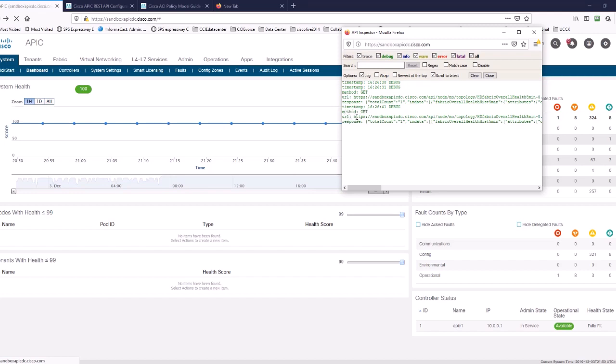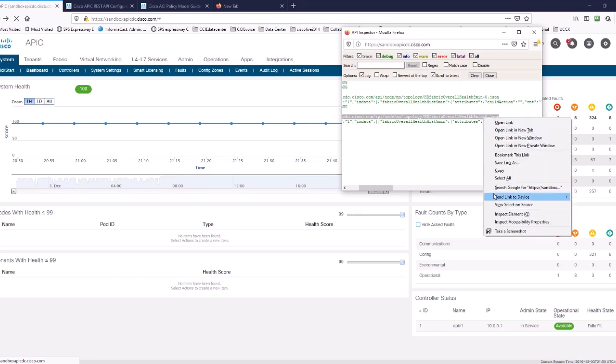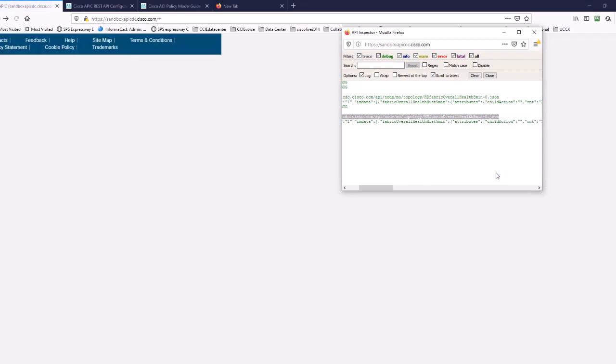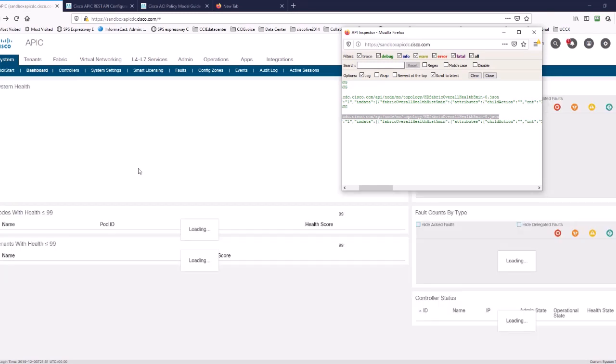I want to use a GET to pull my overall health score in 5-minute increments. This is what it already gave me. So let me copy this link,